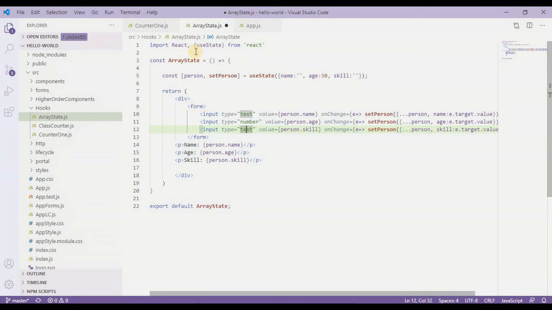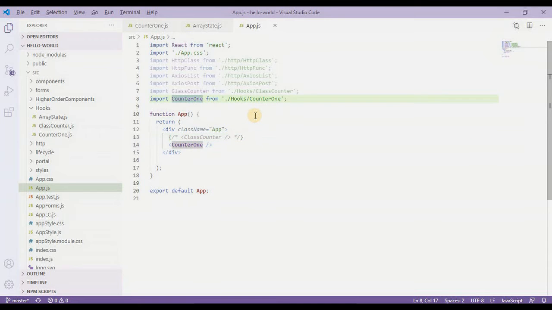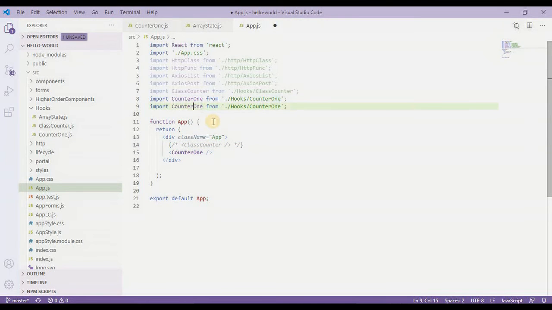Now in this array state, let's call this array state in our app.js also. Let's copy it, and as these two are in the same directory, let's replace only these two, and then let's copy this line and provide the array state component name over here.